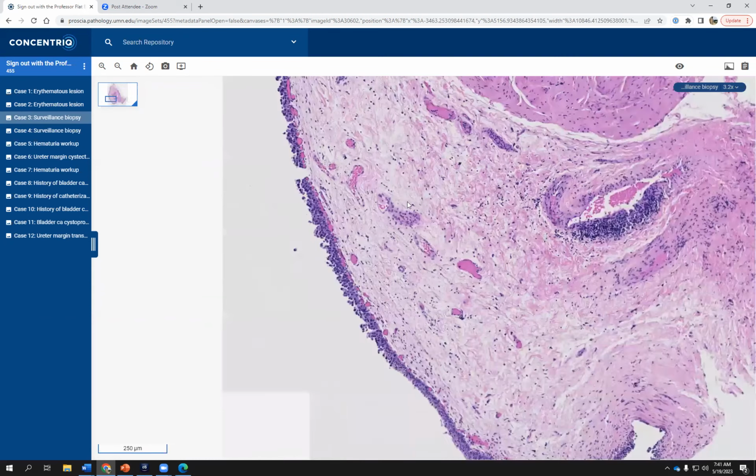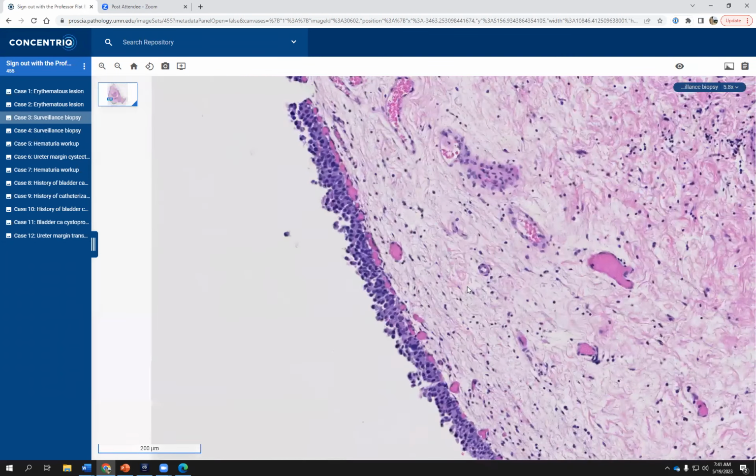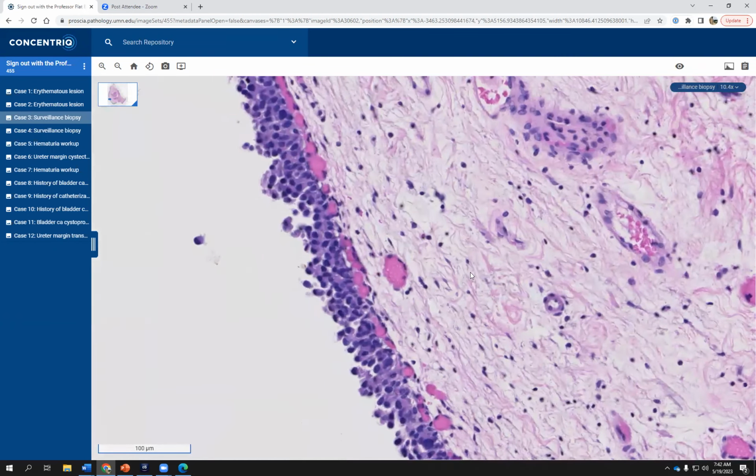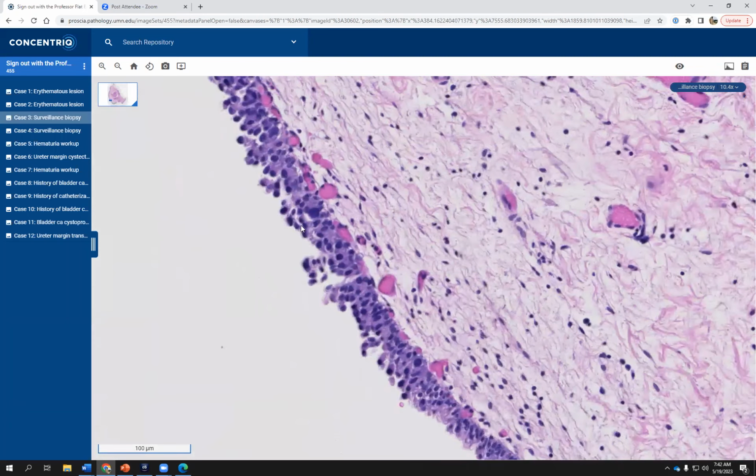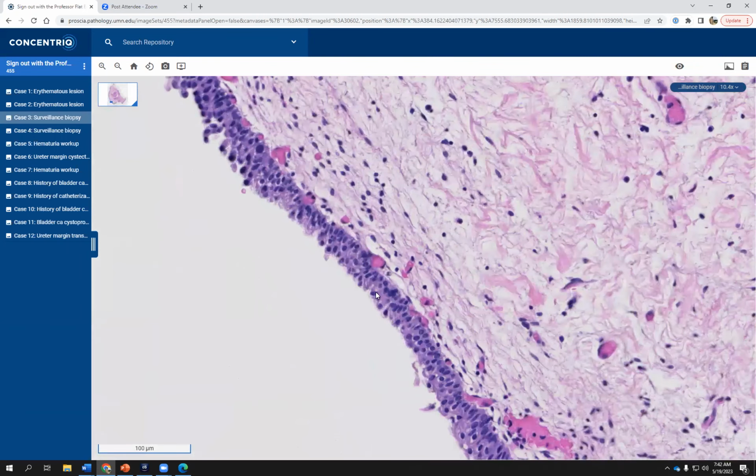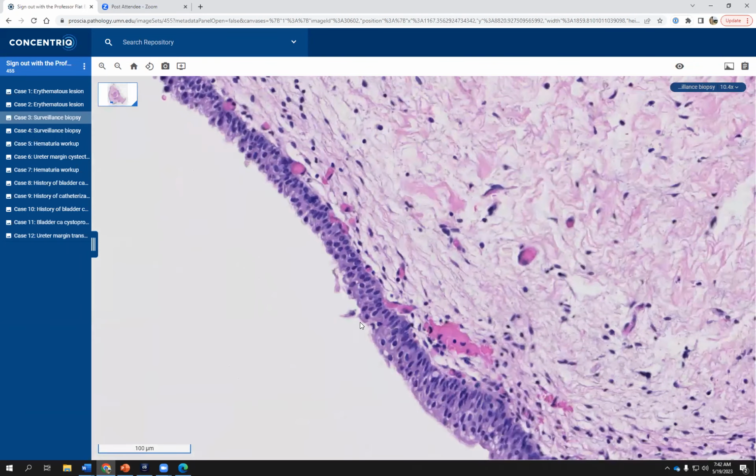So let's go closer and see what's going on. In these areas, we see the nuclei are somewhat smaller. You could say that there is architectural atypia or disarray over here. As we scroll to the other side, we can clearly identify an area where the urothelium that most of